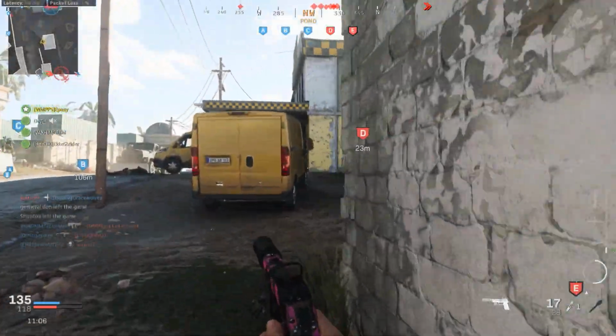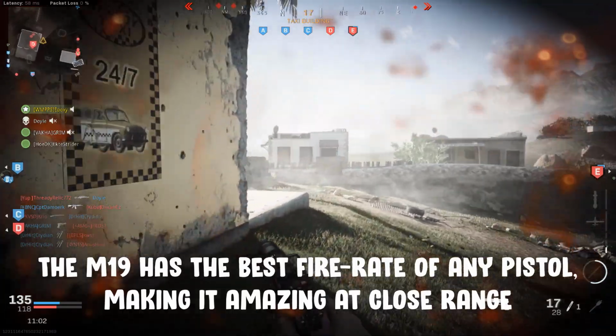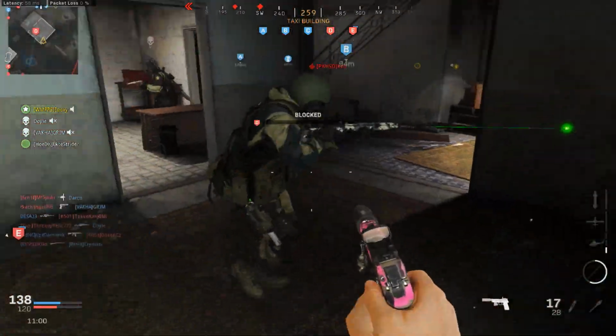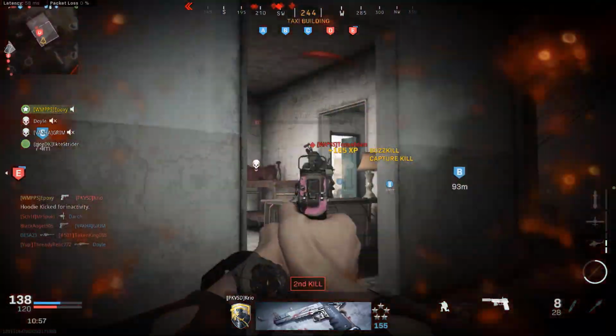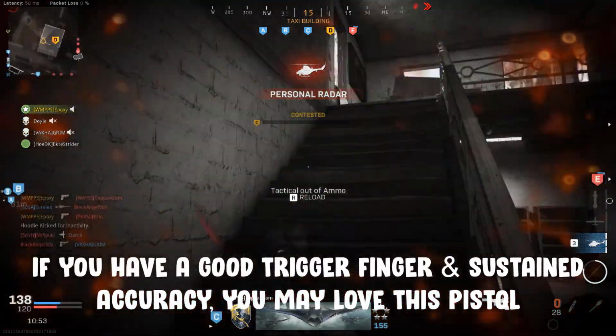The M19 pistol packs a sky-high fire rate, allowing you to empty clips of ammo into enemies in record time. It's also got moderate range and a relatively low amount of recoil. If you're confident in your trigger finger and sustained accuracy, then getting this pistol gold won't be a problem for